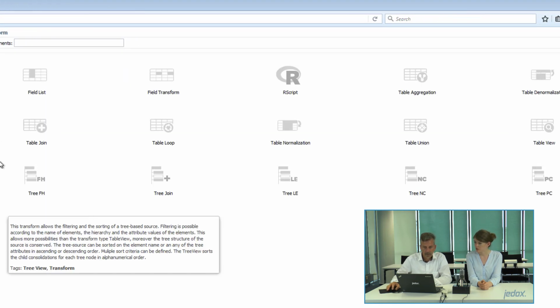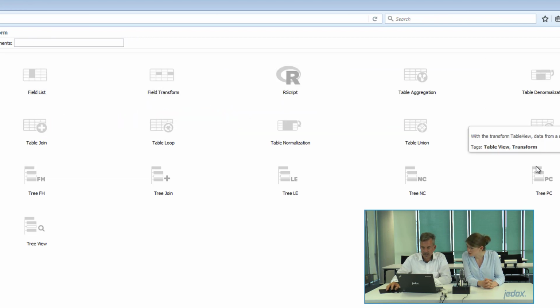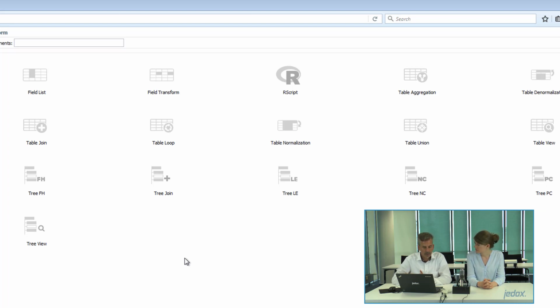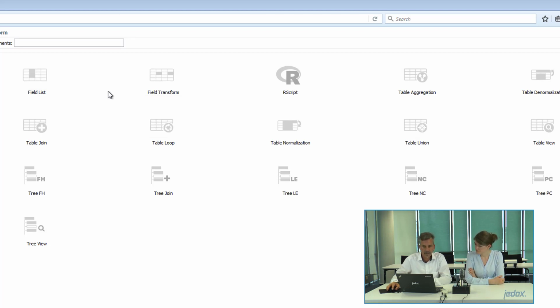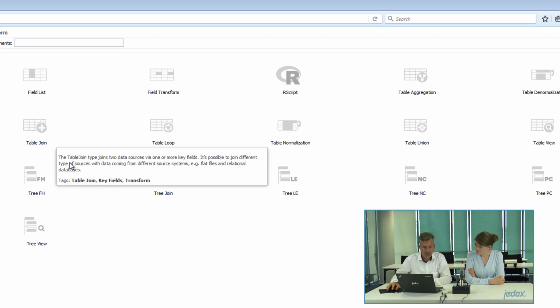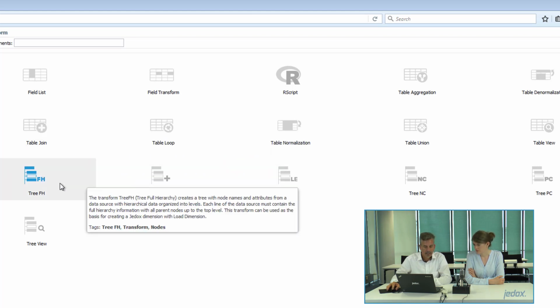new transform. Ooh. And you see you have a lot of transformations available here. Yeah. And because in the transform tier we are now in, you are working with relational data only. Even if you want to create OLAP dimensions, elements, or cube data for cells, inside this tier, everything is relational. And therefore, the names of the transforms are a little bit abstract because you deal with fields, or you deal with joins of tables, or you deal with trees. And the trees,